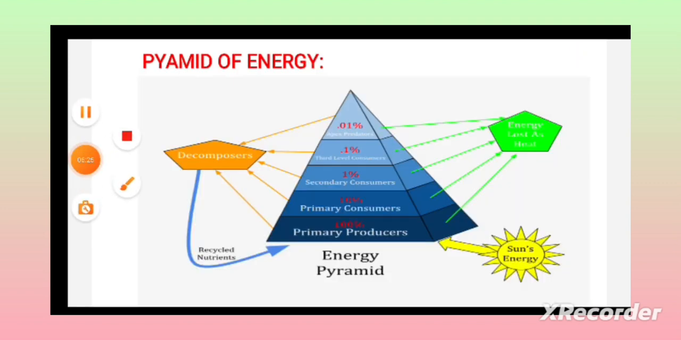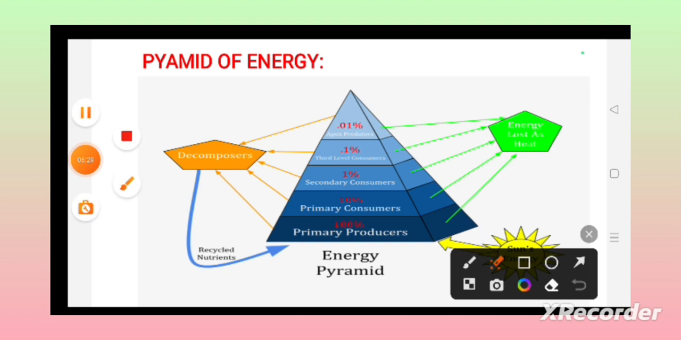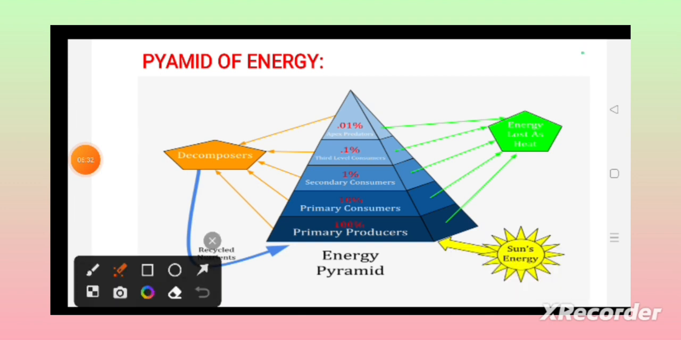Let us come to the pyramid of energy. In case of pyramid of energy, the primary producers occupy the bottom of the trophic level, which has a very high amount of energy. That energy is transferred from one trophic level to another trophic level as follows. Let us take 100% of energy is present in these primary producers, then only 10% of energy reaches the next trophic level. What about the 90% of energy, where is it going? It is going into the atmosphere